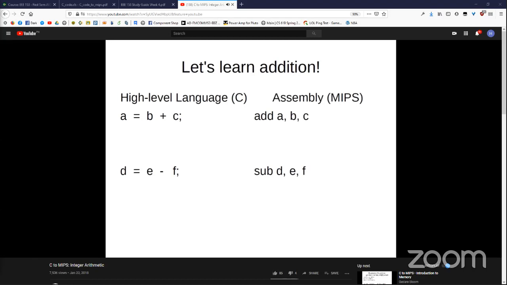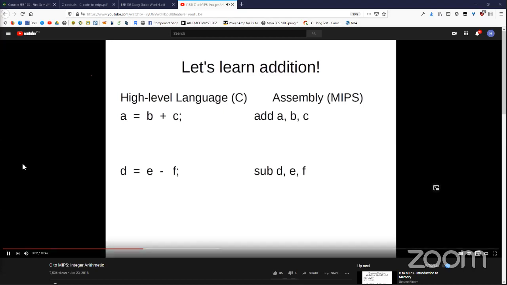Now, different assembly languages will have different orders of operands. In MIPS, the destination operand usually occurs first in the list of operands. So the destination operand here, A and D, appear first, so the order of operands is important. Now we can't actually use these variables A, B, C, D, E, F directly. Instead,